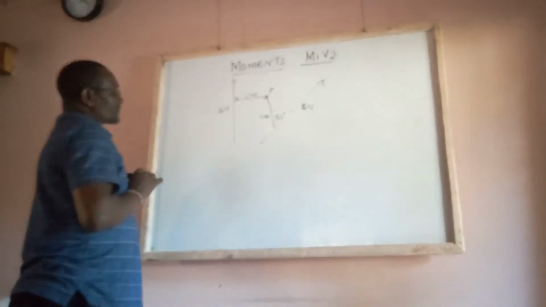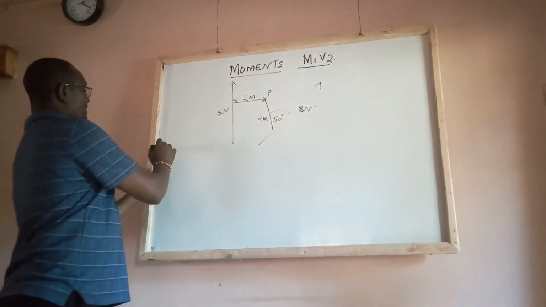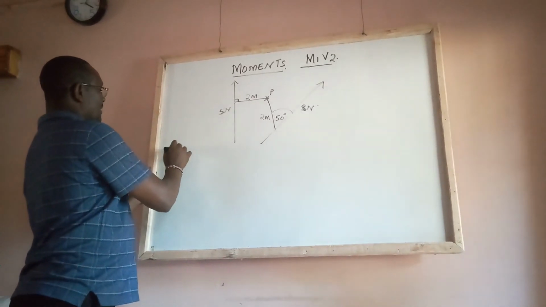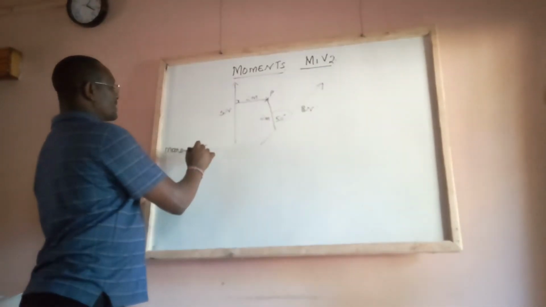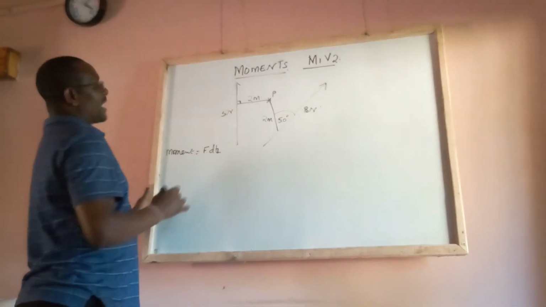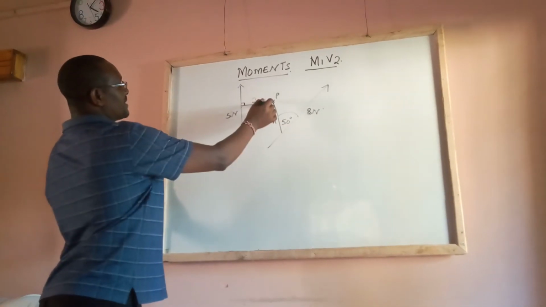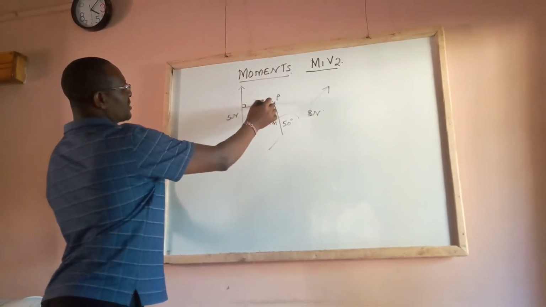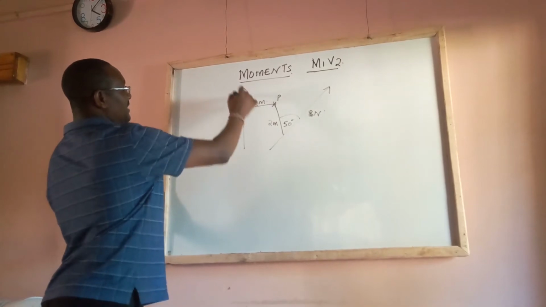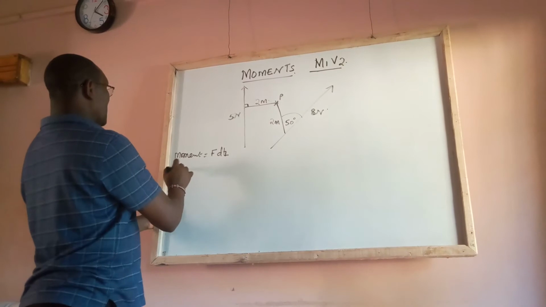There is one thing that you have to put in mind, that the moment is force times perpendicular distance. And for the 5 newton force, it is very straightforward, because you can see the line between the point of rotation to the line of force, they are perpendicular. So we just have to talk about